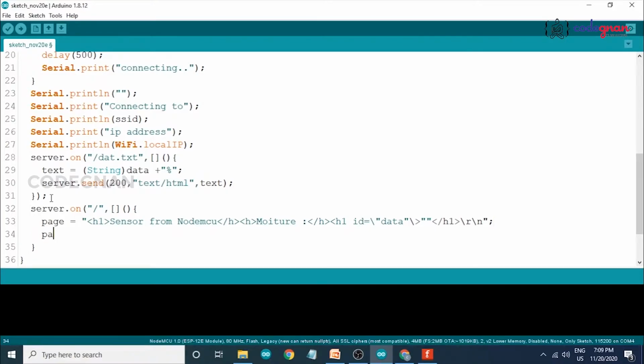Now page plus equals to script, then \n.